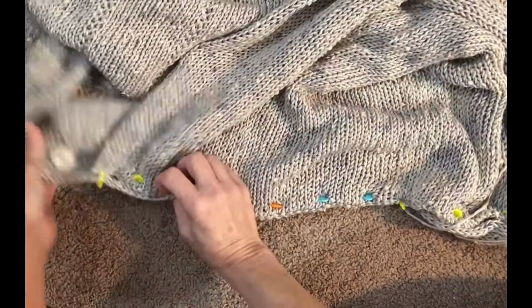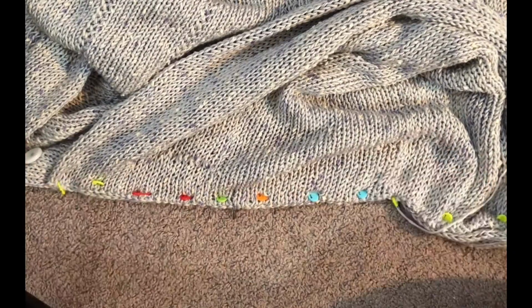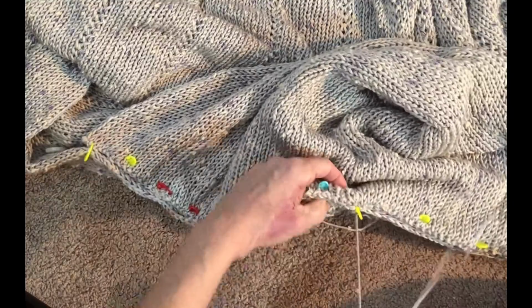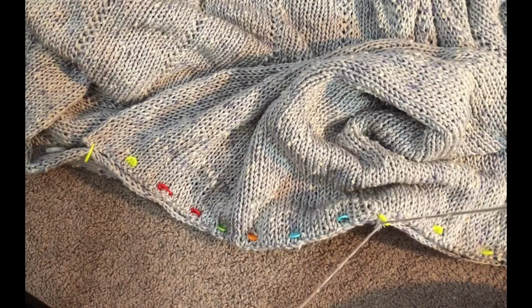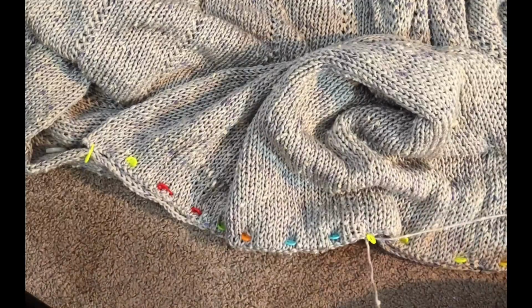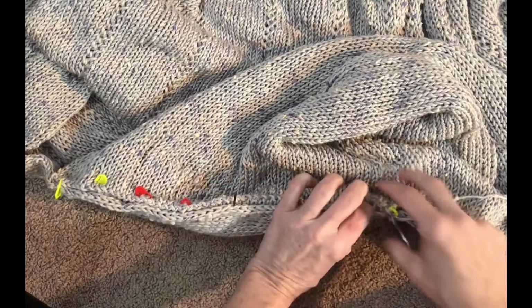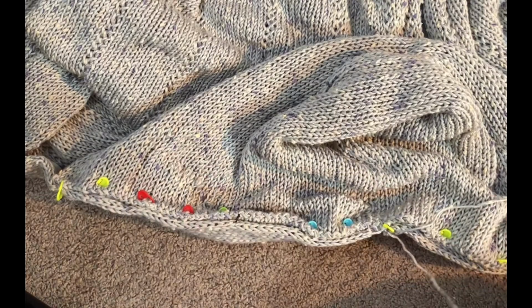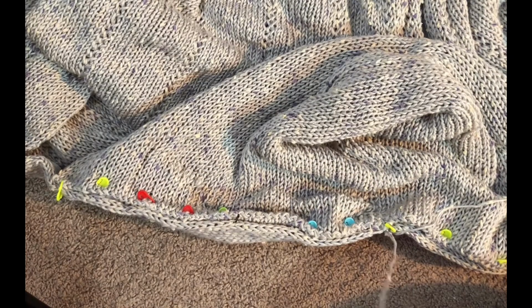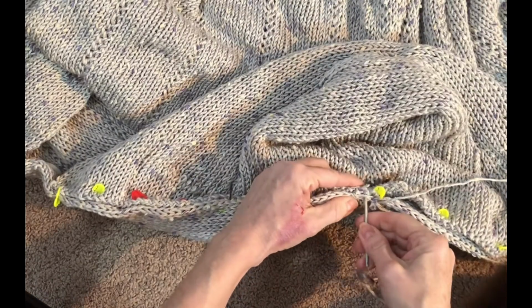And you're going to just lay it out straight, and I fastened it with some stitch markers, and then I did it down the other side too. And then I just took a long piece of yarn, and I tied a knot right in the middle there to join the center. I'm going to use one end. I didn't do it long enough, but that's okay. Make sure you have a long enough one. I'm going to take one end, and I'm going to just seam my hoodie onto my sweater just by going